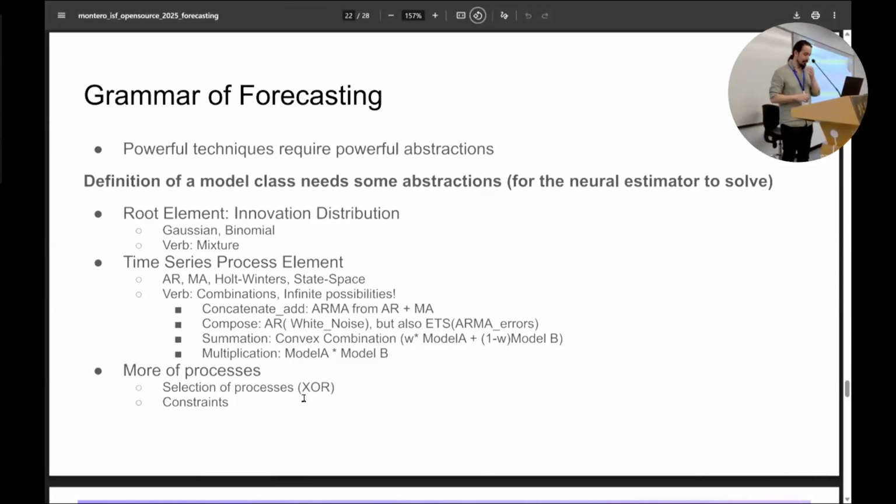But for example, convex combination you can do very generally, and it's very easy to implement. Just give me two processes and then simulate uniformly the weight for combining them. If I have more, I will just simulate weights that sum to one. In terms of the numbers that you put, if you want to put more information, you can do it, but we can also be very uninformative,